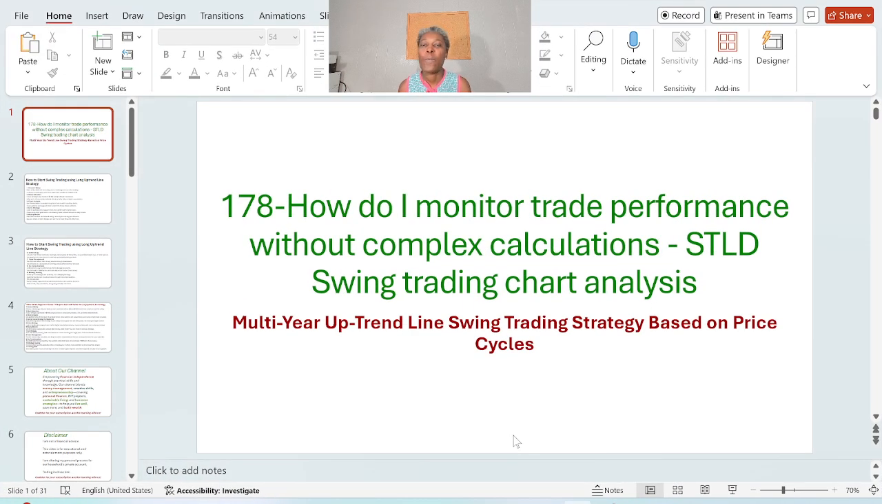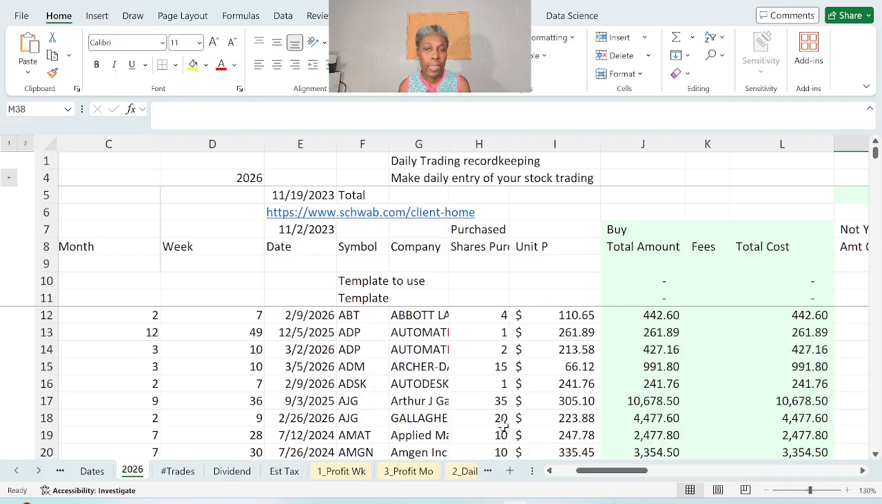Hello, how do I monitor trade performance without complex calculations? Well, I designed a spreadsheet that I use. When I purchase stocks, I will enter the stocks on my spreadsheet with how much I pay for it, the number of shares that I purchase, the unit price, the total,